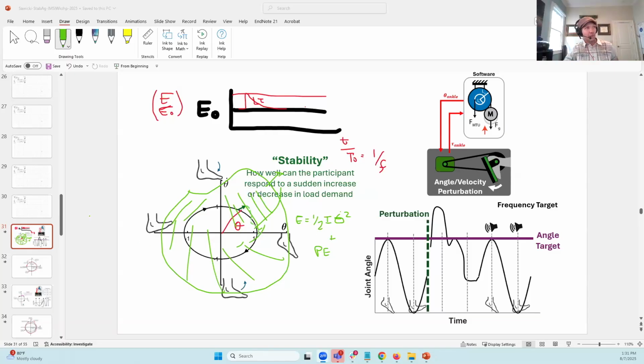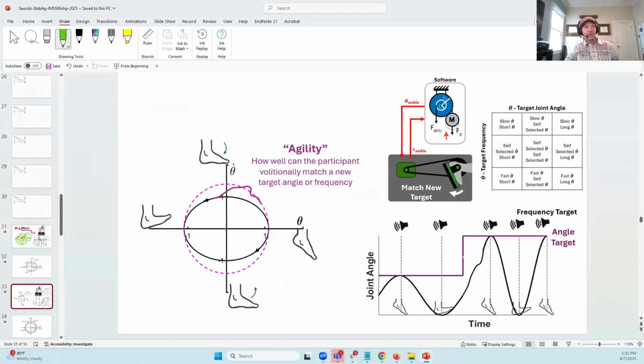I think we're at time. There's one more thing I want to say, which is, what is agility? It just means that instead of the motor pushing you off, I, through the feedback system, tell you a new task. So it's literally the same exact calculation, but this time,